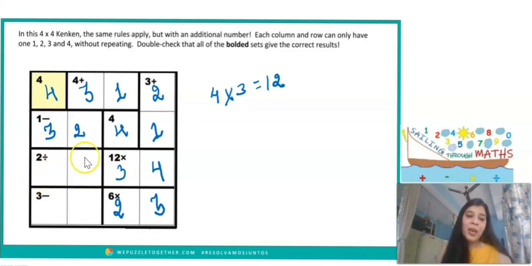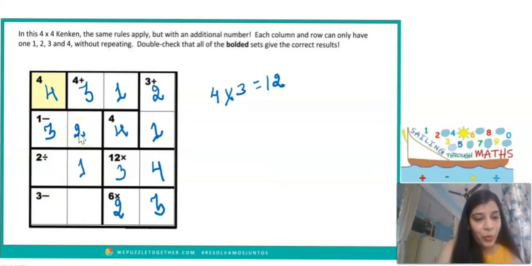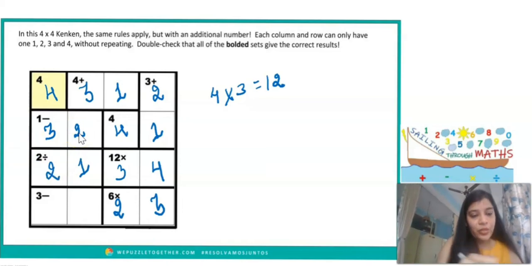and 2 only. But can 2 come here in this block? You will clearly see that 2 cannot come here in this block. Why can 2 not come here in this block? Because 2 is already being used in the second column, and that is 2 is right here. So 2 cannot come here. So the number which is going to come here is going to be equal to 1, and the number which is going to come here is going to be equal to 2. Now 1 is going to come here and 2 is going to come here.